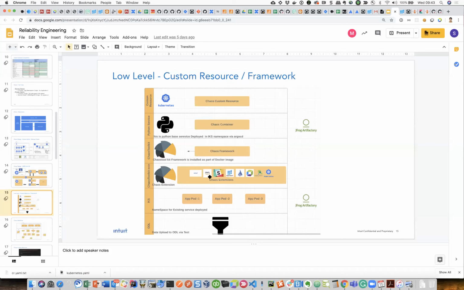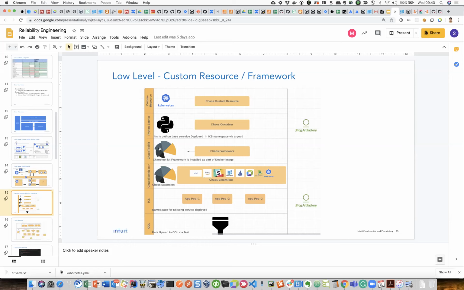If I need to modify or enhance my Kubernetes extension, I don't need to rely on anything. I will go and contribute to the Kubernetes extension, which we are doing right now, and that way I can get the functionality. This functionality will be exposed as a custom resource.